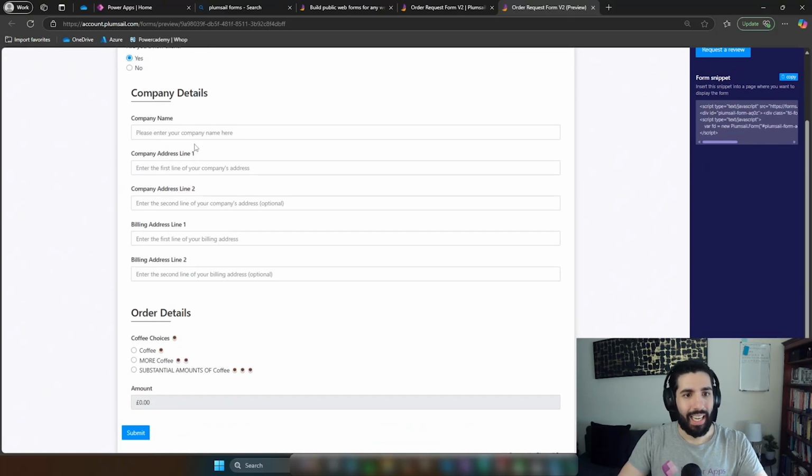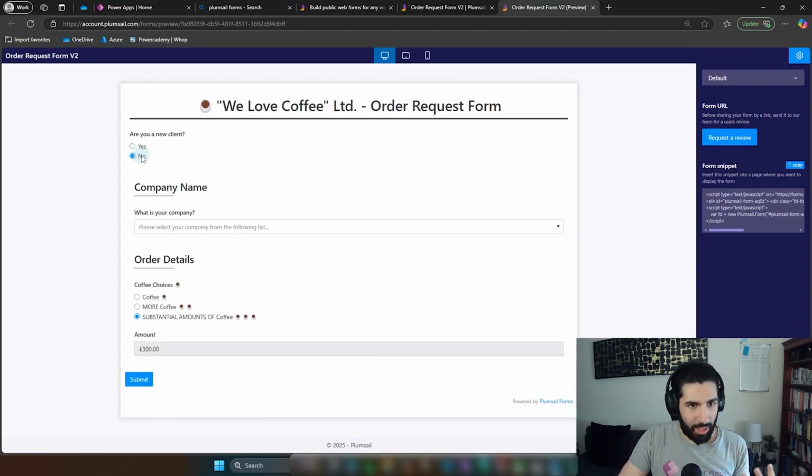If we select yes, it will ask you to enter your company details, and then you can put the order details for the coffee. So we've got coffee, more coffee, or substantial amounts of coffee, and you can see that's calculating a column here. If they're not a new client and they're instead an existing client, what we've got is